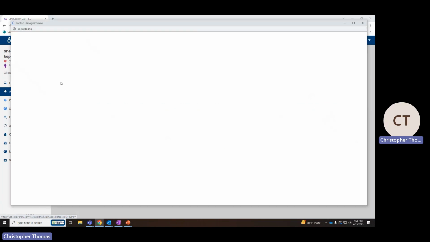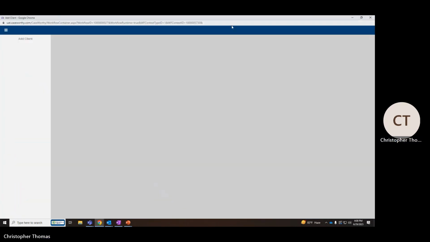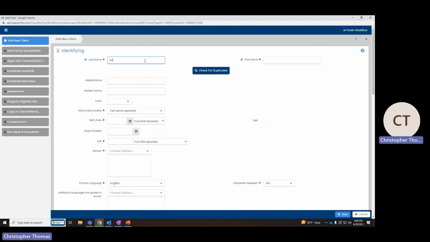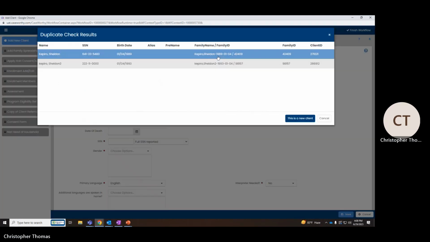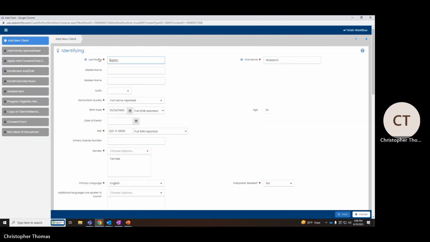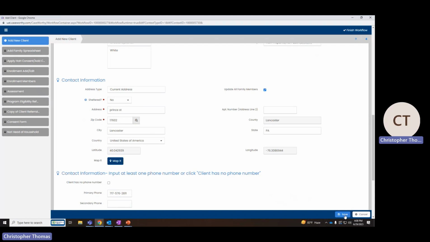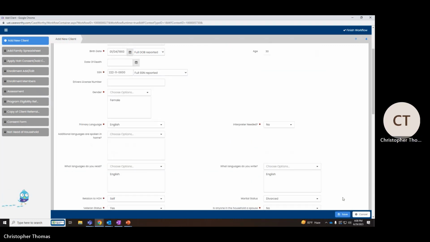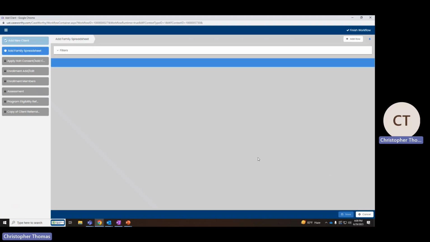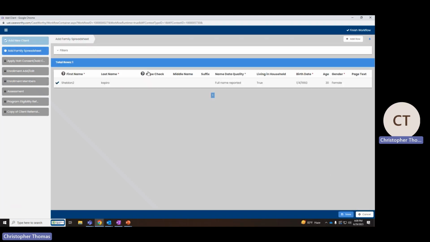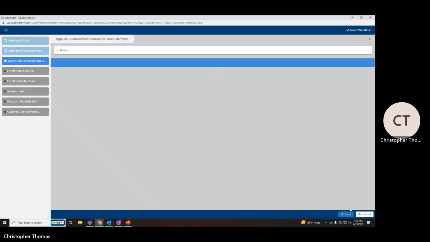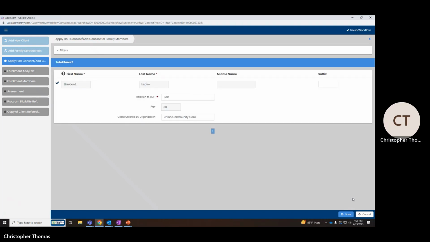So we're going to enroll a client. We're just going to enroll Sheldon again. I just happen to know that this information is all filled in, so we shouldn't get any errors when we try to save. We're now going to run through a few extra screens. Sheldon's test client doesn't have any other family members who we need to add, so we can move on from here. He already has a consent in the system, so we're good there too.